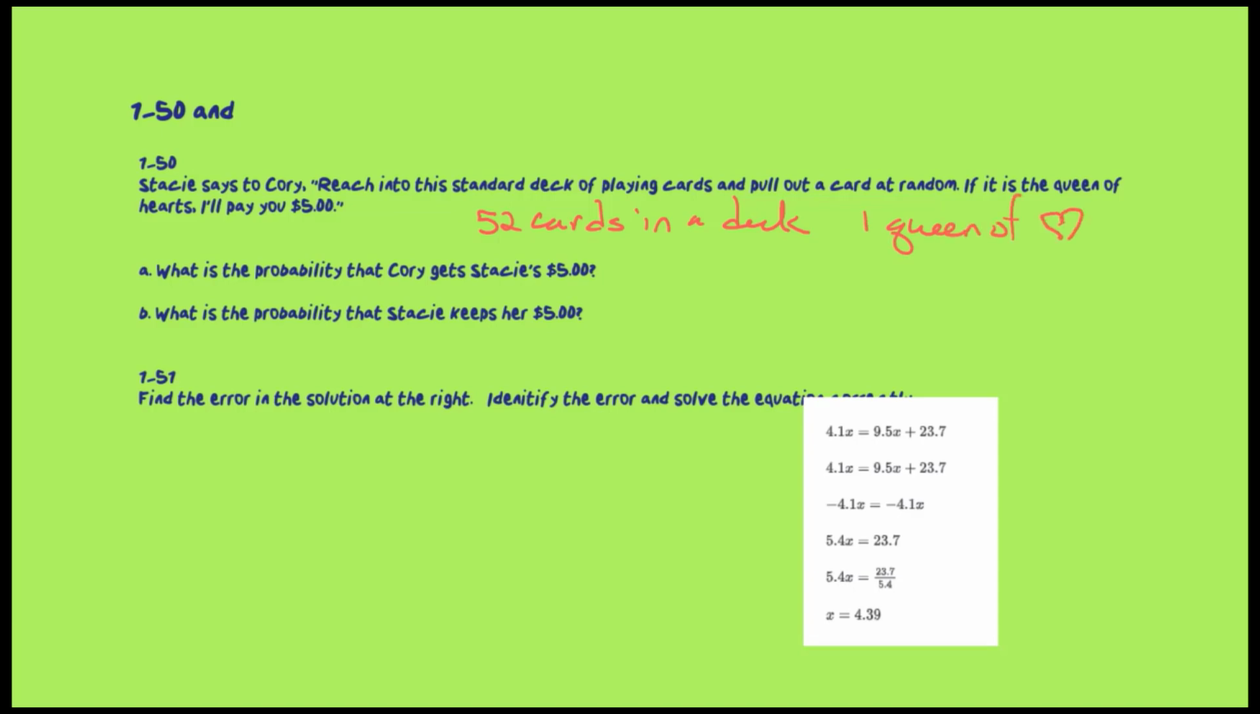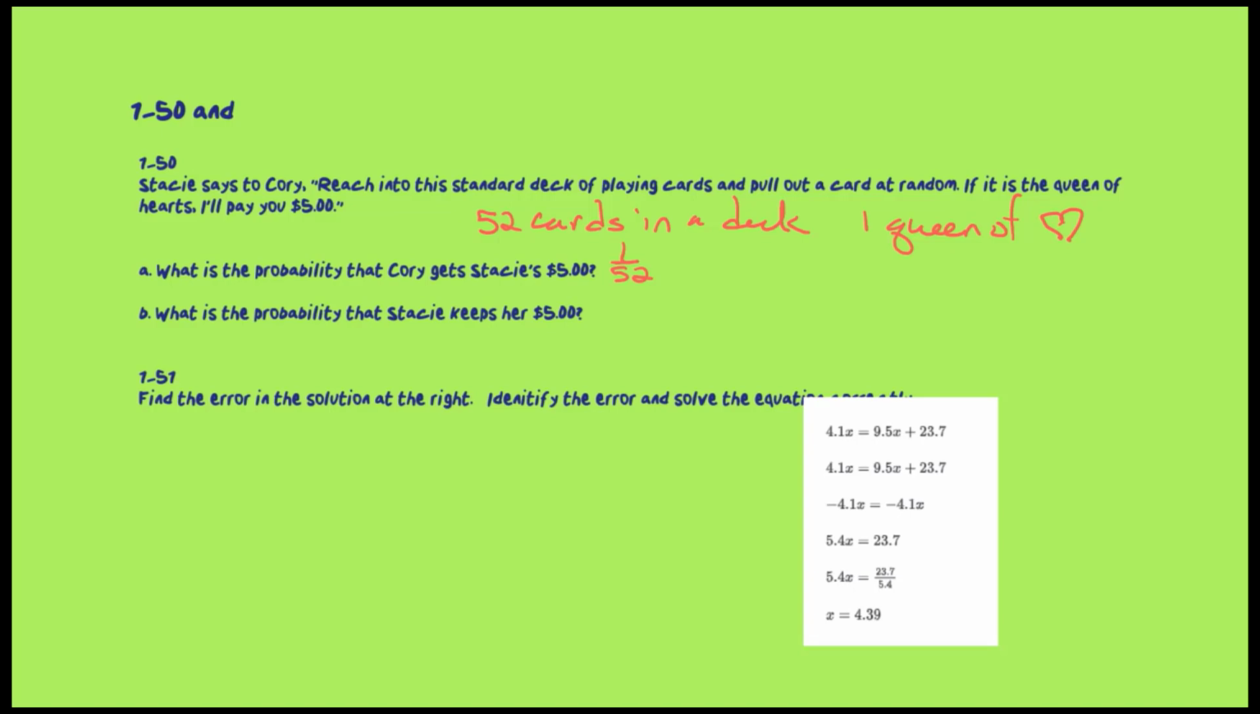As I do a little abbreviation there, that means that's only going to be 1 out of 52. Now the next one says, what's the probability that Stacy keeps her $5? Well, that's easy. If there's 52 and one of them out of 52 is the Queen of Hearts,